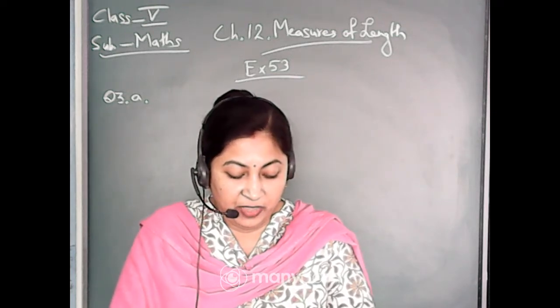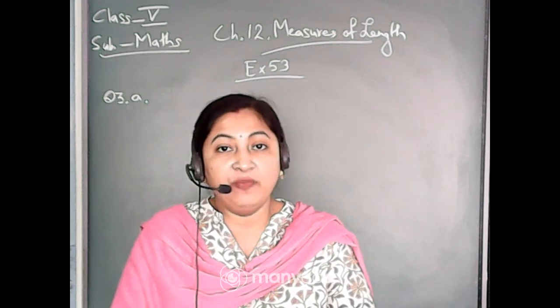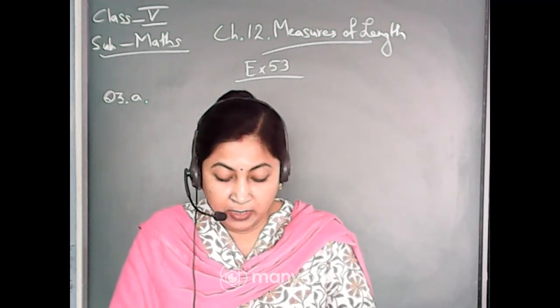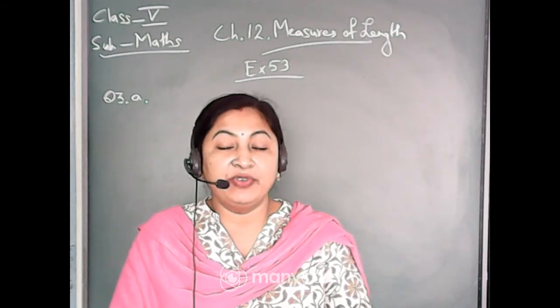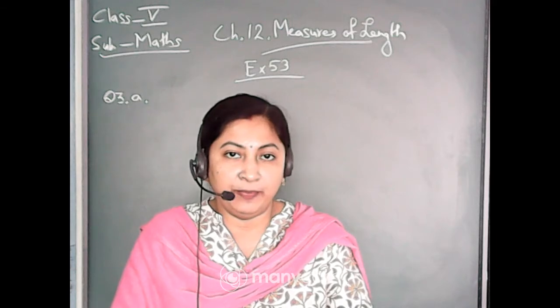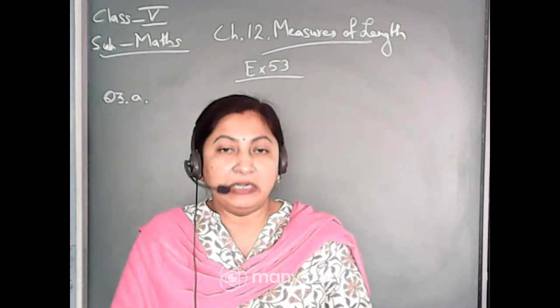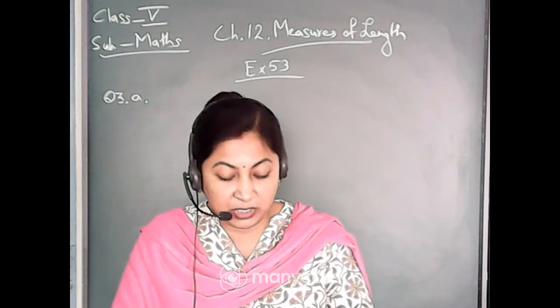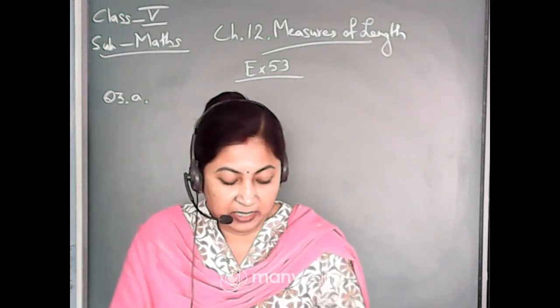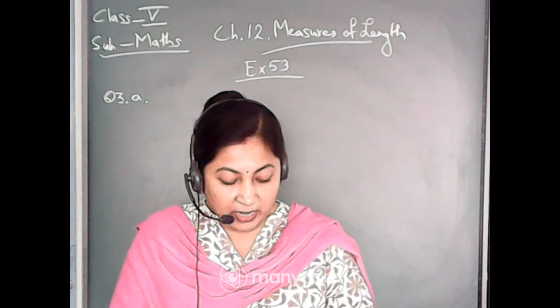We were discussing composite maths in the offline class, isn't it? We were in chapter number 12, measures of length. So let us continue with this chapter. This measures of length is related to tens and hundreds of your Math Magic book. In Math Magic book we will do tens and hundreds, and in composite we will do measures of length. I think I have told you the chart.